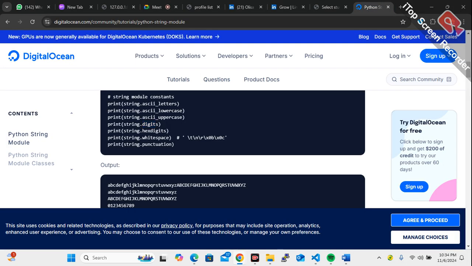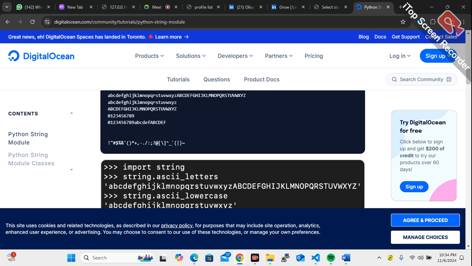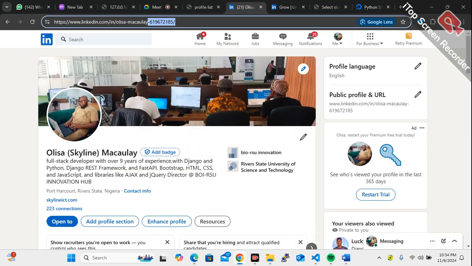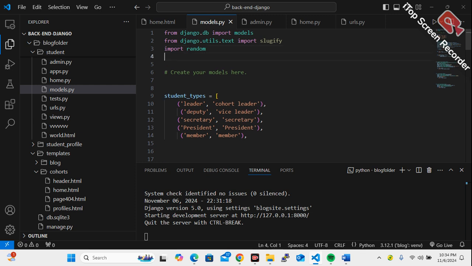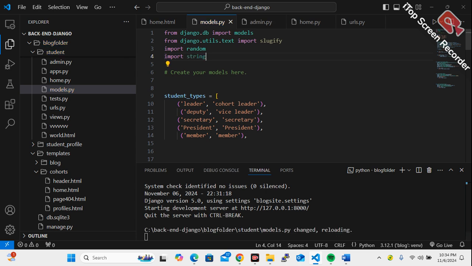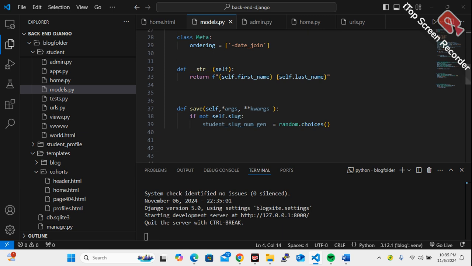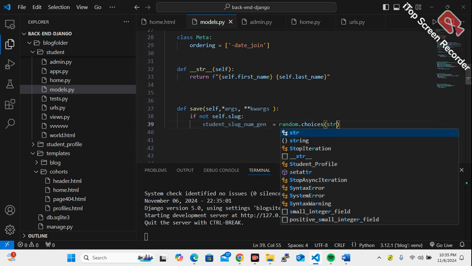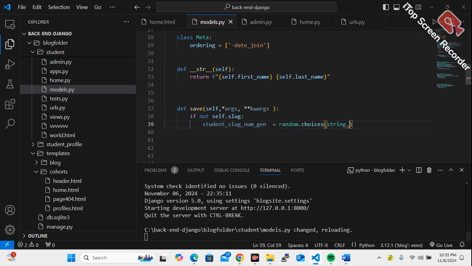Let's fire down. So you understand? This is what we want to do. So this will be the result. What we need is a number. So I will call choice. I need to import string. I already imported it. So I'm going to pass it in my random choice. I will say string dot